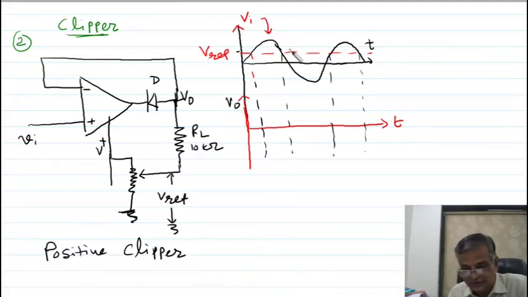So by this statement, see what your output is. You can say your output will be like this. At this point it is clipped. You will get the V reference voltage. Above this it is not passed; only this much is clipped. Listen, the portion of the input signal above the reference is clipped, so this much is clipped. Why? That we will discuss. This much will be clipped, so I will show this much is clipped now.